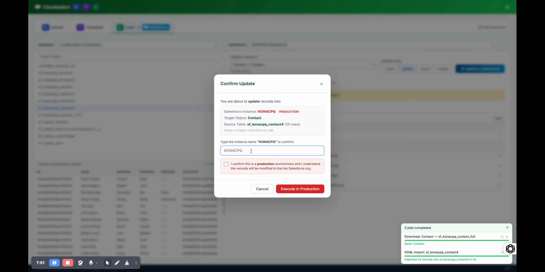Here I was trying to force users to enter the instance name, just to make sure they know which instance they are trying to update data to, because this is a production environment, right? Of course mine is not, but I'm just saying, to make sure that we are updating things correctly, we show the number of rows, production instance, and let the user enter the instance name